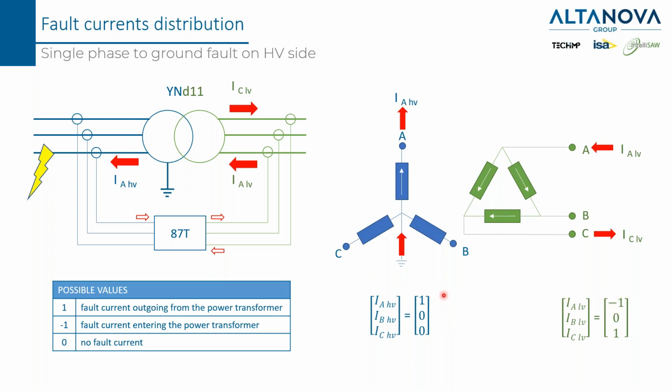I decided to use just ones and zeros for the sake of simplicity. This number should be the proper number that comes from the calculations that take into account the current transformer ratio, the power transformer ratio, the power of the transformer, and many other things. But this is just adding complications, it is not helping us to understand the concept. So from now on, we only use ones and zeros.